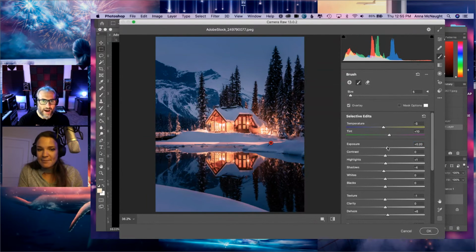Now, after seeing you yesterday, the radial filter and these kinds of tools are your go-tos, I'm guessing, for a lot of things. Yeah, I end up using a lot of these because they allow me to do that paint with light thing we were talking about yesterday, controlling the areas the light is hitting. One of my good friends, Life with Elliot, is a really amazing photographer and editor.